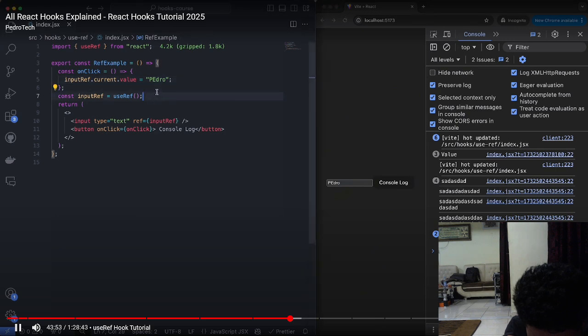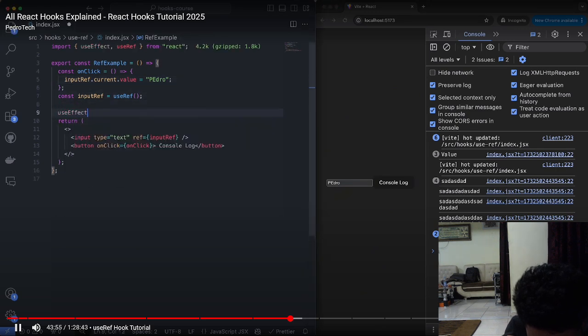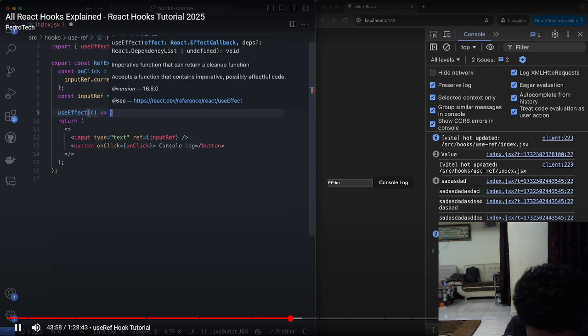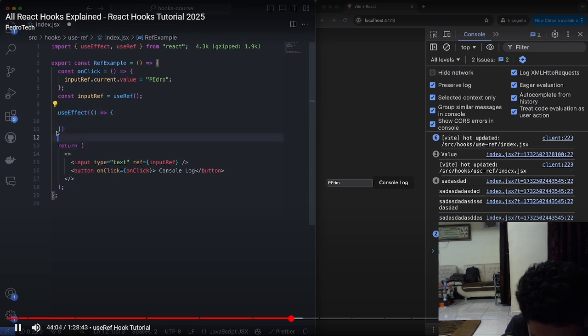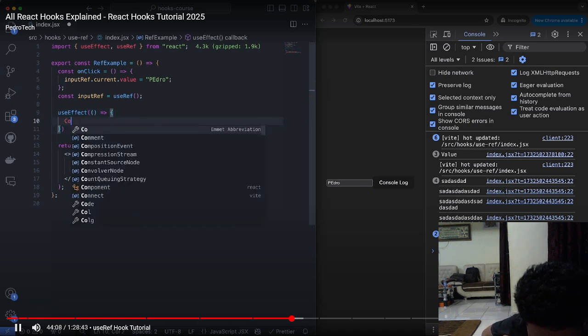But if I were to create a useEffect over here, remember the useEffect? If I were to create a useEffect, we're not going to put a dependency list, so it will trigger this function every time the page re-renders, and we console log